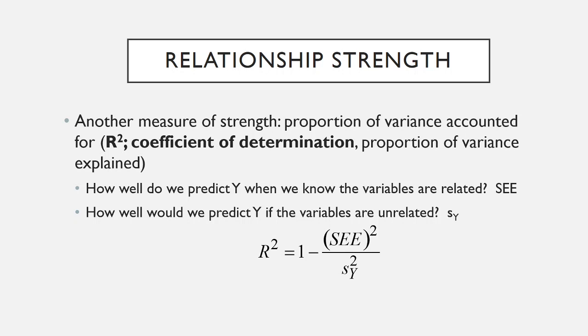Basically, by partitioning out any error in the relationship between x and y, the standard error of the estimate, while taking into account the natural amount of error or deviation within y itself, or the standard deviation of y,